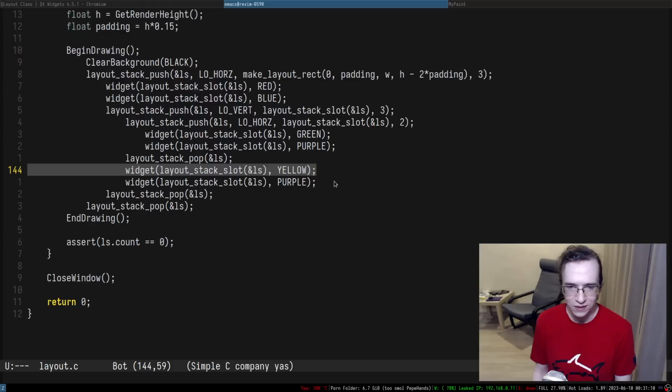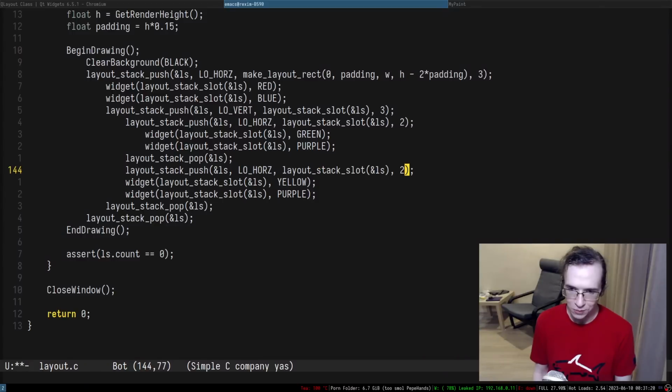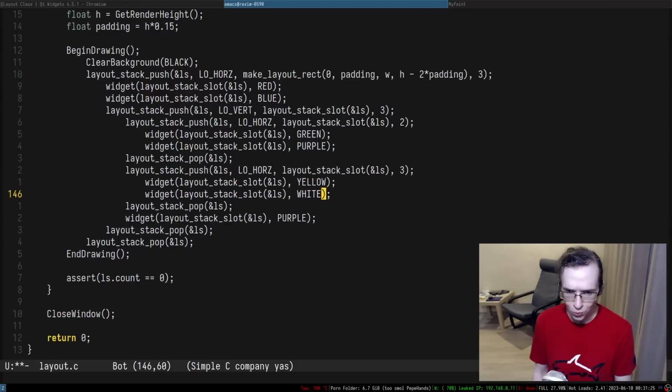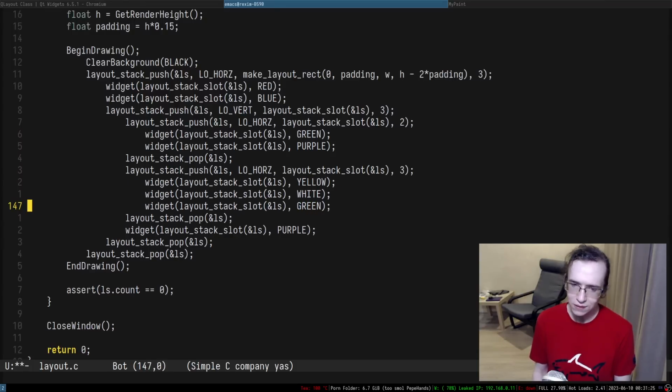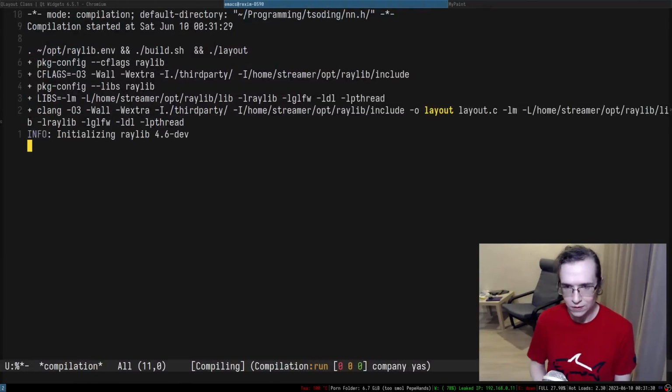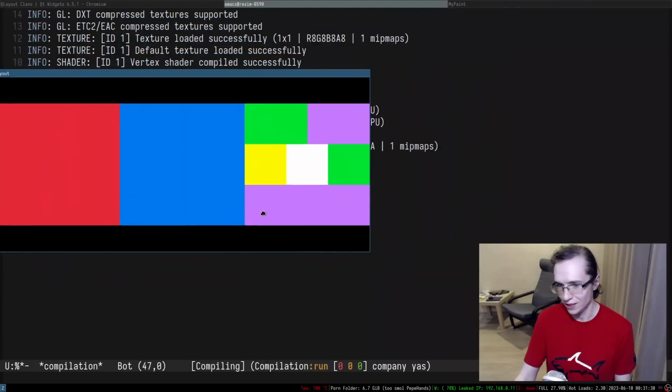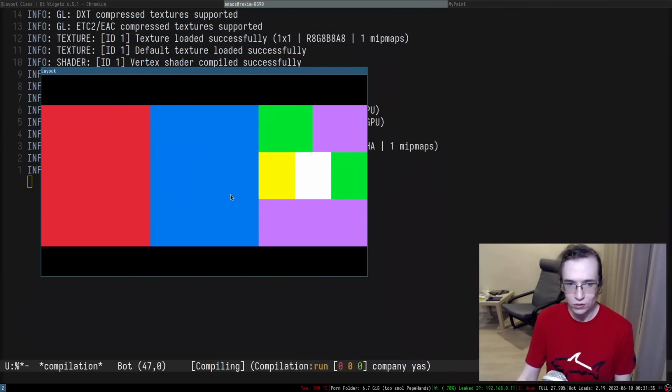For the yellow one, here we did a horizontal one. We can subdivide it even further, but this time it's going to be 3. So it's going to be yellow, white, green, something like that. Right. So there we go. This is the kind of stuff that we can have in here, and those are going to be widgets that you can interact with.